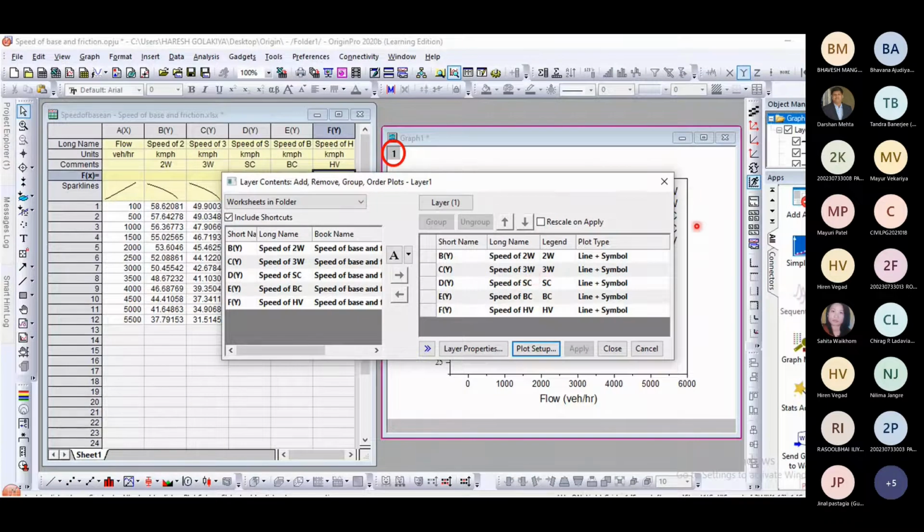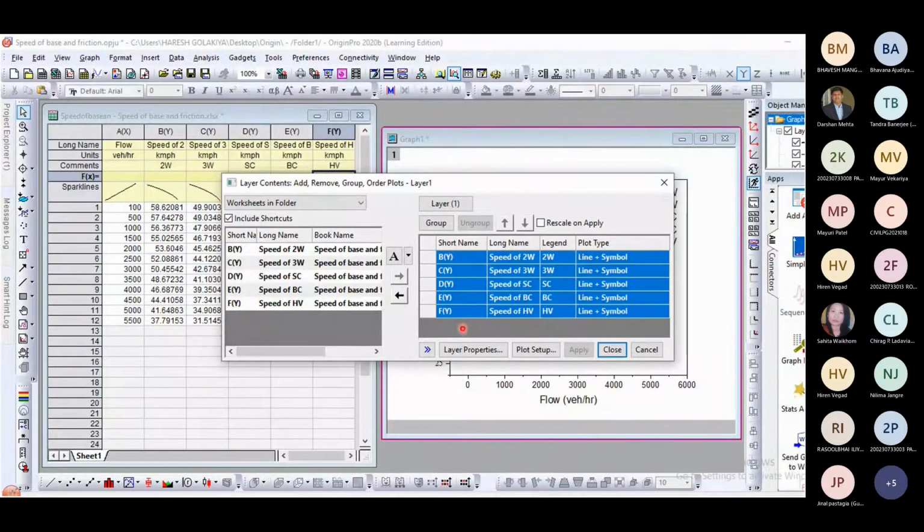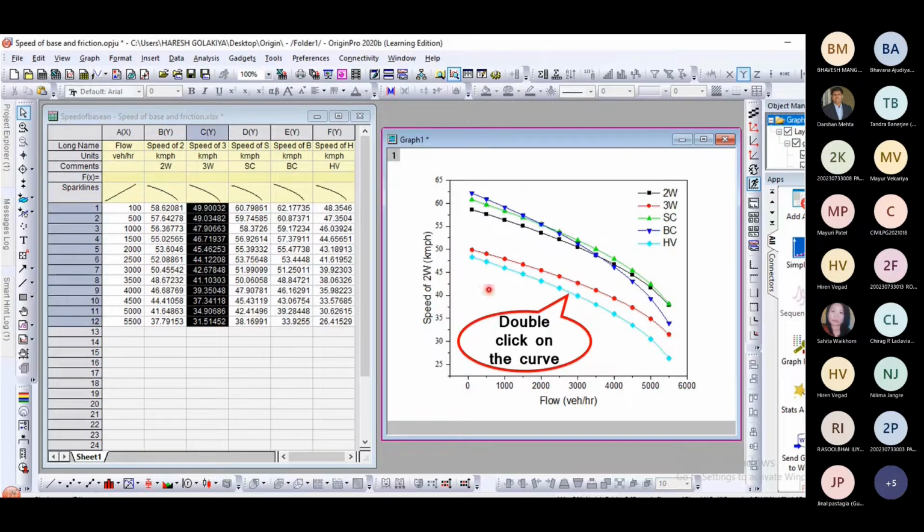Through this, we need to group all of these. So all are to be selected and just click on this group, right? You have to select all these 5 and just click on the group. When you click it, G1 is available here, which means all these 5 lines are in group 1. Apply and click OK. So you can see now it is distinguished, right?